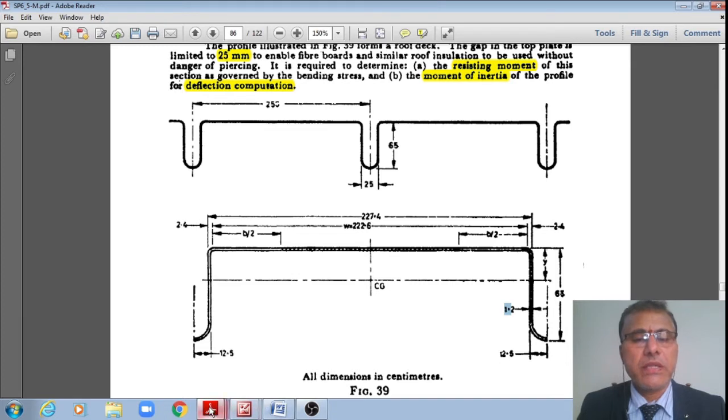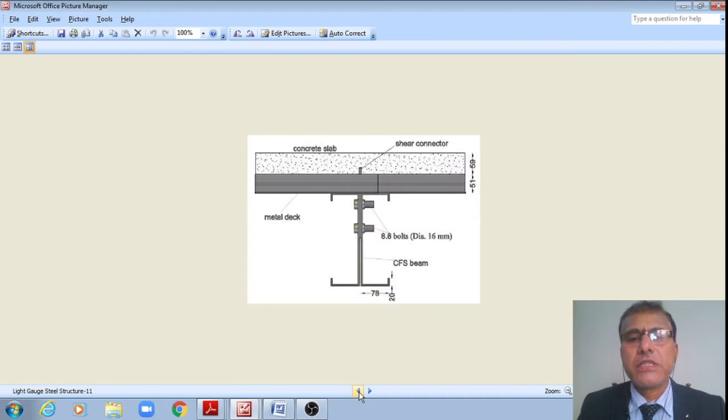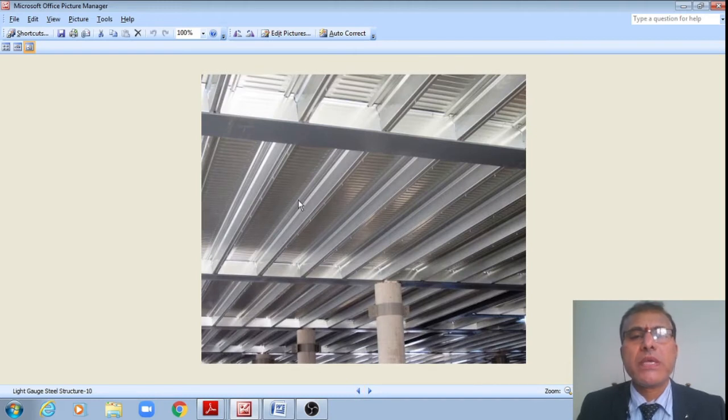However, let us see this in the schematic, student. This is what exactly we are trying to do. This is the decking over which the shear connectors will be connected, and over which the concrete slab will be put, which is supported on the beam. This is called a laterally supported beam. For this problem, what I am showing is this decking.